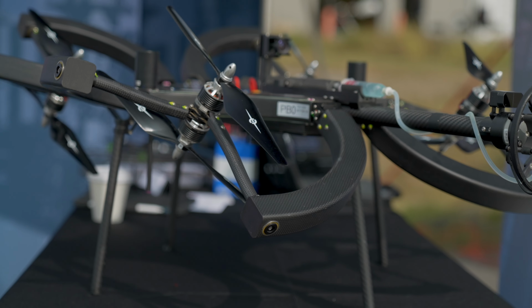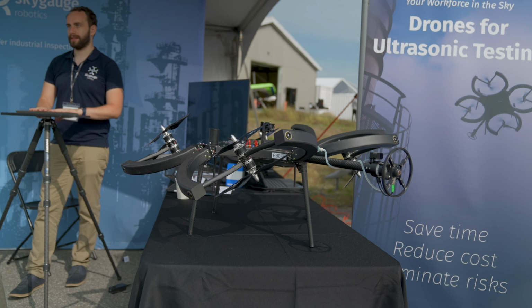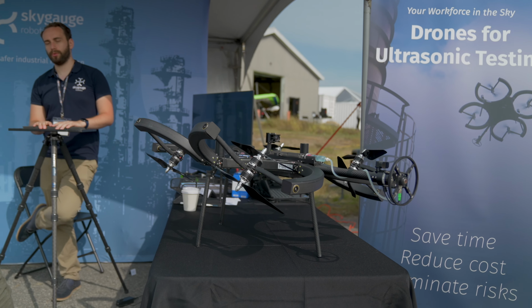I mean, look, this again was one of the craziest drone designs that I've ever seen, but think about what this could actually be used for. It was explained to me in a way that I've never thought about drones being used before. So let's say you have a ship coming into port and you want to know how much fuel is left in the tanker. Well, you could fly the drone out, put it right up against the ship, have it fly with the ship, analyze how much fuel is in there, get an estimate,